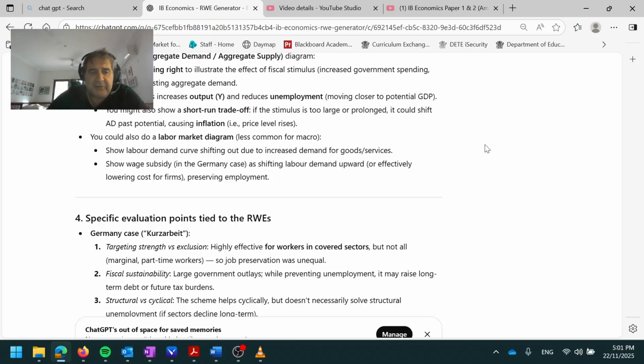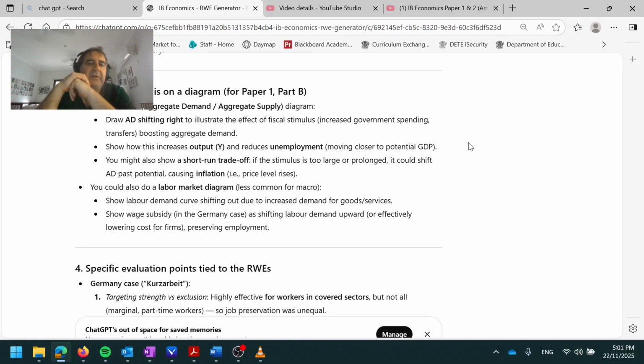Then the third section just looks at how you can represent these using a diagram. So if you're struggling to think how the real world example would look in a diagram, there's some advice there of how you can sketch the diagram and weave in or integrate the real world example as part of your